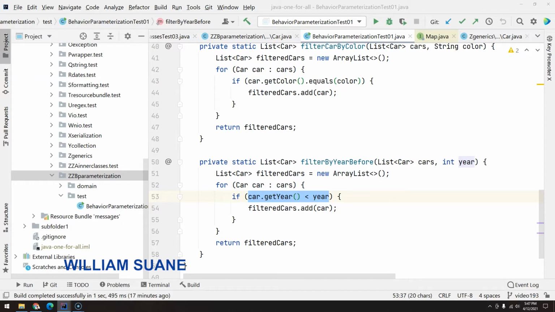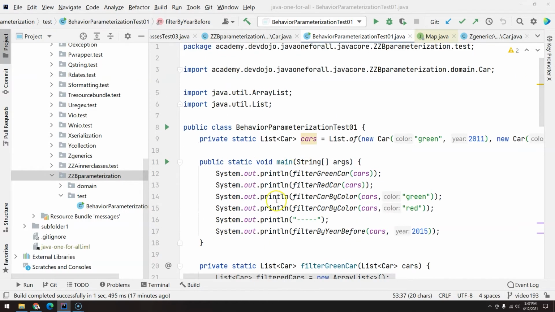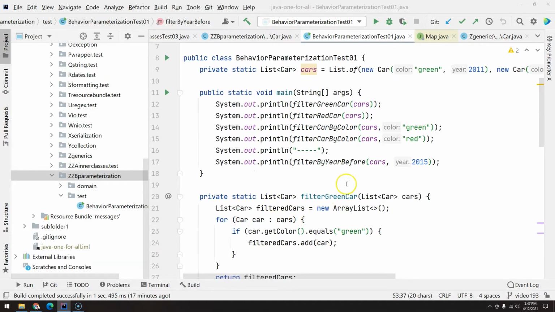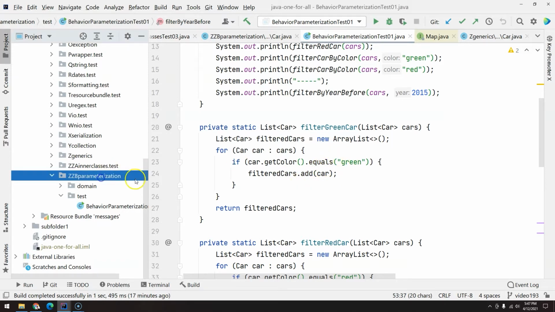In this video we are going to talk a little bit more about behavior parameterization, and we are going to see how we can improve a lot the code that we did in the previous video. So first, we are going to extract the business complexity. We are trying to use what we call the strategy pattern, and we are going to apply that through an